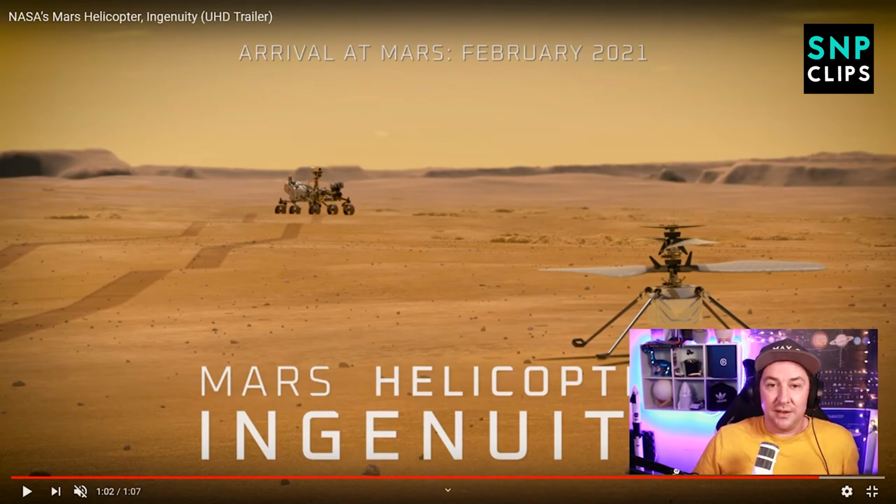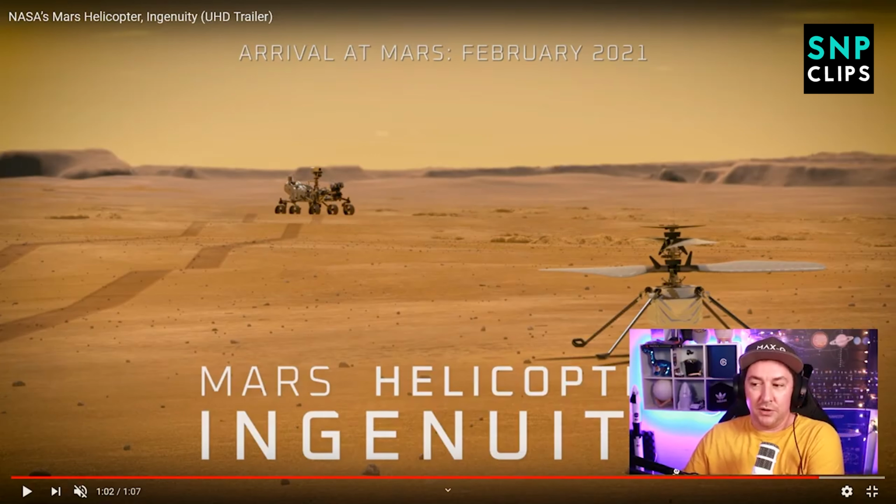And Perseverance, they are going to be landing Perseverance in a very flat area, so they want to make sure that this helicopter was ready to go. But they're crazy, right? The rover is the pilot, right? Yeah. So it's part of the programming for the